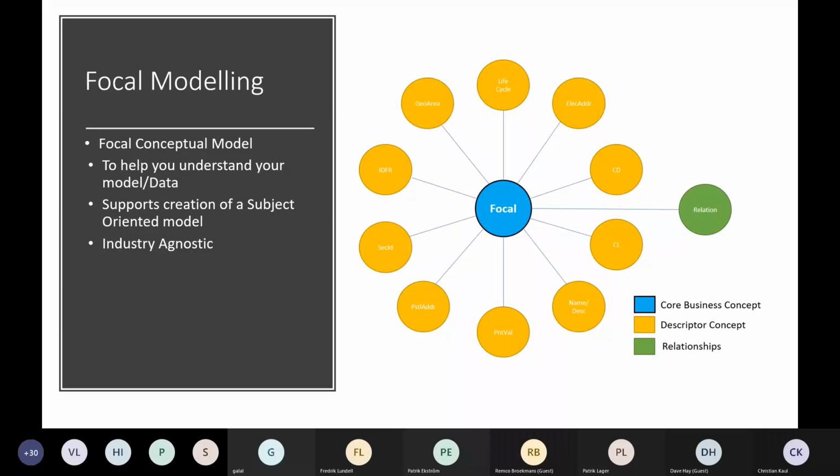And that helps you, or as some people say, forces you, to understand the data model or the business on an attribute level as well, and not only on a core business concept level. There is also one thing it does: since this model is always the goal for every focal you build,